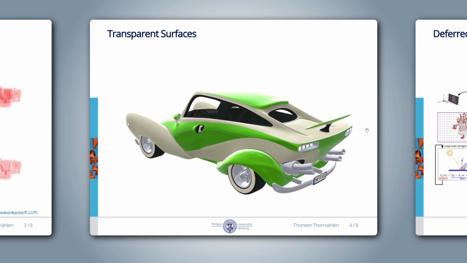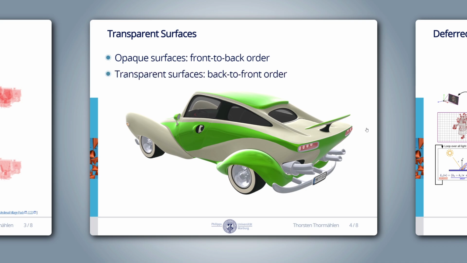In this example, we first render the transparent mesh of the windshield, the right side window, the left indicator glass, and so on. We continue from back to front until all the transparent surfaces are drawn. Of course, this approach only works if we don't have interpenetrating transparent surfaces. So the take-home message is that we should render opaque surfaces in a front-to-back order to reduce overdraw. And we render transparent surfaces in a back-to-front order to enable alpha blending.